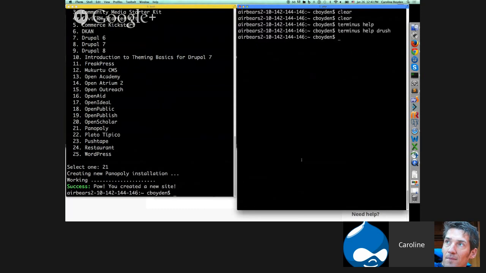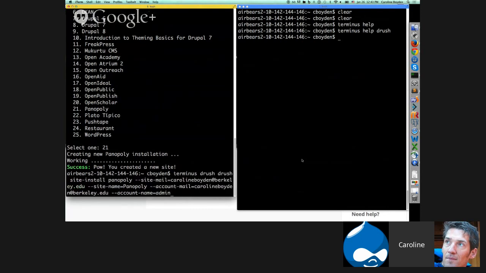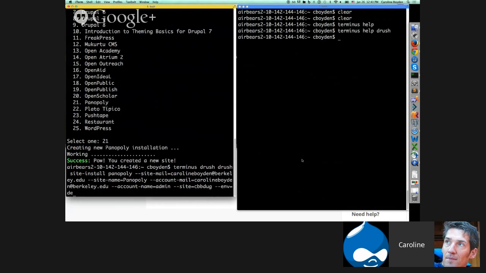So I'm going to actually do it in this other terminal window. Paste my enormous command, site equals BDUG, and env equals